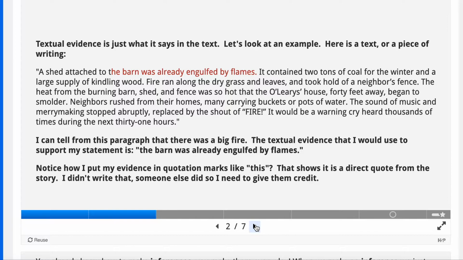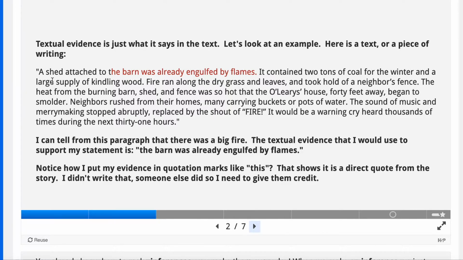So, when you cite textual evidence, that just means you pull out a piece of evidence from the text. The text is just anything that you read. It could be a book, it could be a newspaper article, it could be an actual text message. Anything that you read that's written down is considered to be a text. So, basically, if you pull out evidence from a text, you're just telling me something that it said in that writing. So you could use a quotation, or you could just tell me in your own words what it said. Let's look at an example.